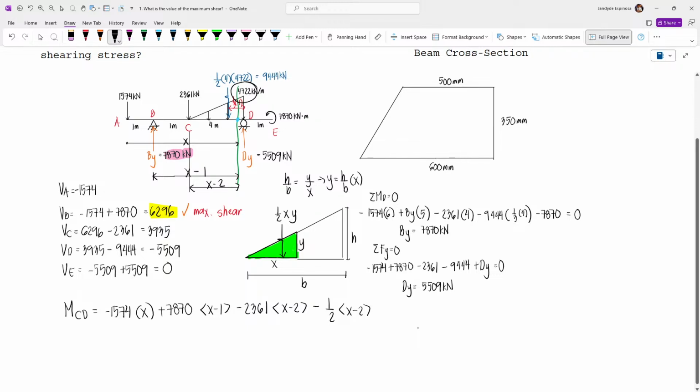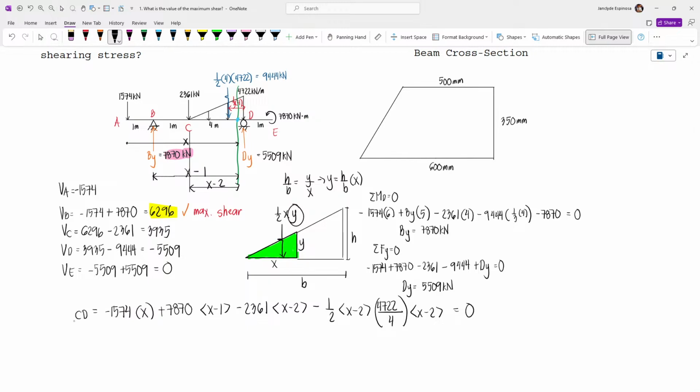Ang height sa triangle is 4722. So 4722 divided by b. Ang base sa triangle is 4. And then multiplied by the base, which is, again, x minus 2. Again ha, gikan ra ni siya sa 1/2 times base, but again, ang base na to is x minus 2, and then ang y just comes from ratio and proportion. H over b multiplied by the base. So, i-set ni nato to 0 to solve the location of,